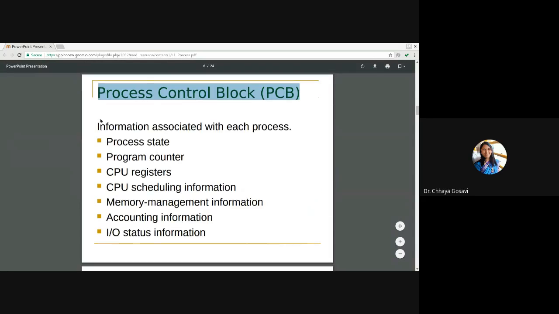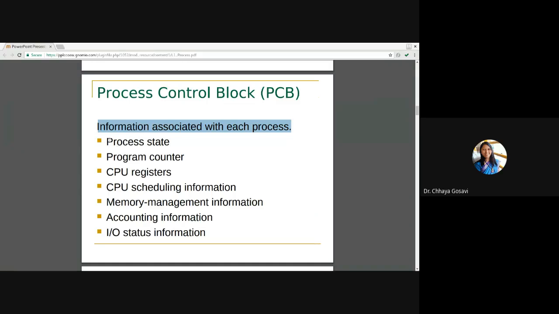Information associated with each process is stored in a data structure called the process control block. What does it store? Process state, whether the process is new, ready, running, waiting, or terminated. Then the program counter: the current instruction, the next instruction to be executed. Then registers, then scheduling information, which scheduling algorithm the CPU is using for this particular process.